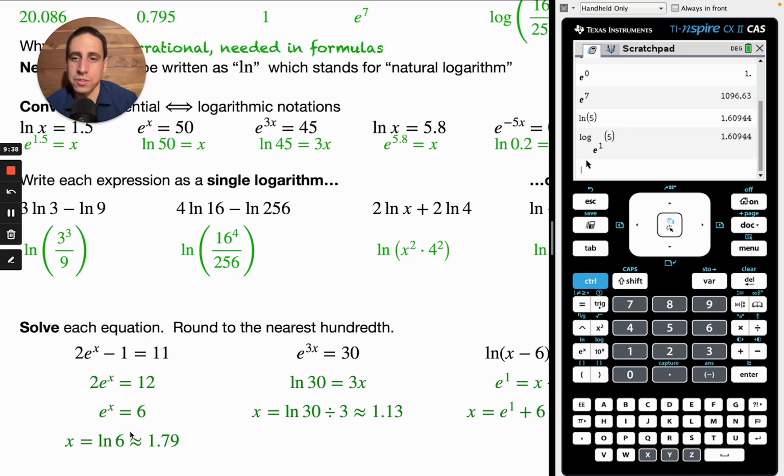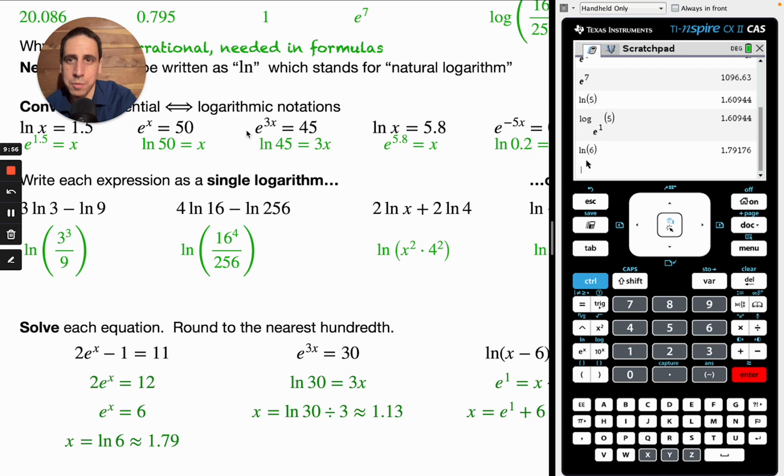as a natural log. So natural log of 6, we can just press the natural log button and 6, and we get our answer. We get 1.79176, and there it is, rounded to the nearest hundredth. e raised to the 3x is equal to 30. We're going to